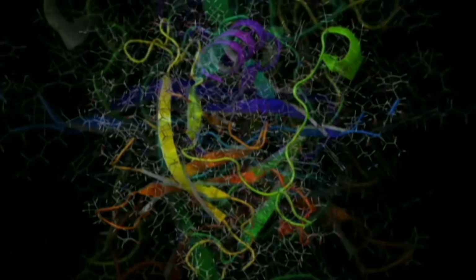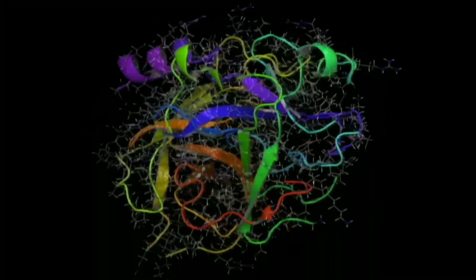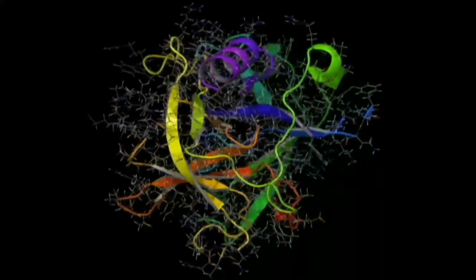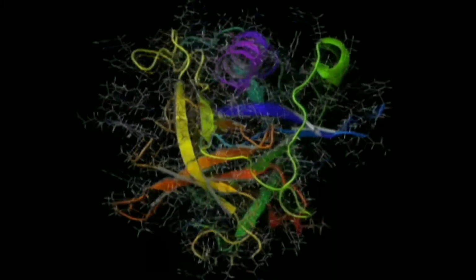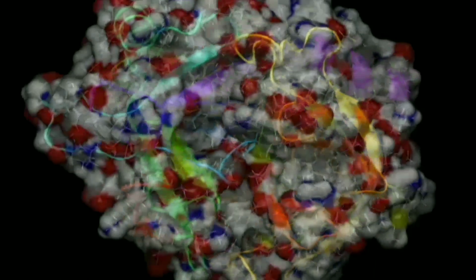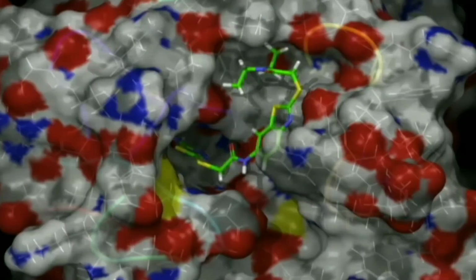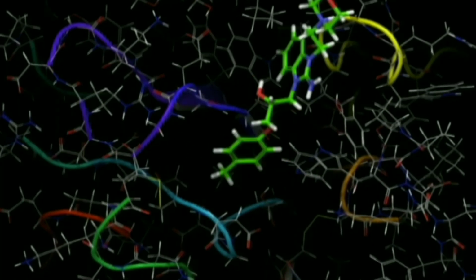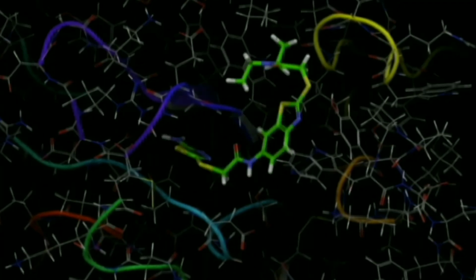In the field of molecular modeling, docking is a method which predicts the preferred orientation of one molecule to a second molecule when bound to each other to form a stable complex. Knowledge of the preferred orientation in turn may be used to predict the strength of association or binding affinity between two molecules using scoring functions.